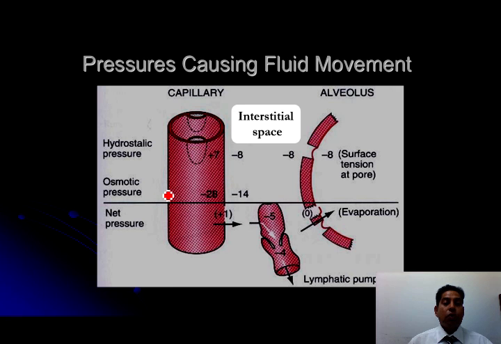The other is the osmotic pressure. Now, because of the high protein which is there in the capillary, you have a negative pressure. That means it is going to reabsorb the fluid. Likewise, there is a negative pressure in case of the interstitial fluid as well, which is trying to pull in the fluids. So the combination of these two will give you differences because they are acting in opposite directions. The oncotic pressure in case of the capillary is trying to pull it in. The oncotic pressure of the interstitium is trying to pull it out. So when you subtract these two, you will get a net of